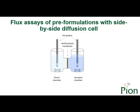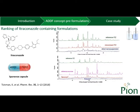In the following chapter of the presentation, I'm going to talk about case studies carried out on small-scale dissolution permeation apparatuses. The first example is the ranking of hydroconazole containing formulations. The aim of this study was to rank order various enabling formulations of HYDRA with the help of small volume